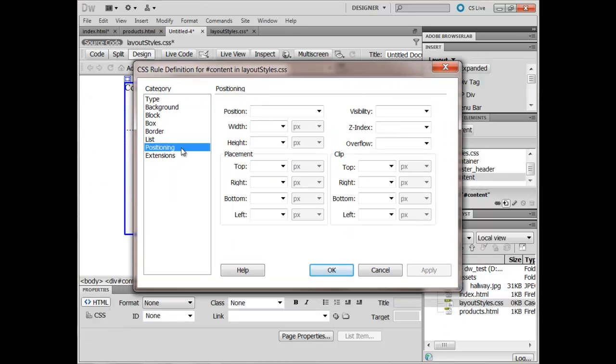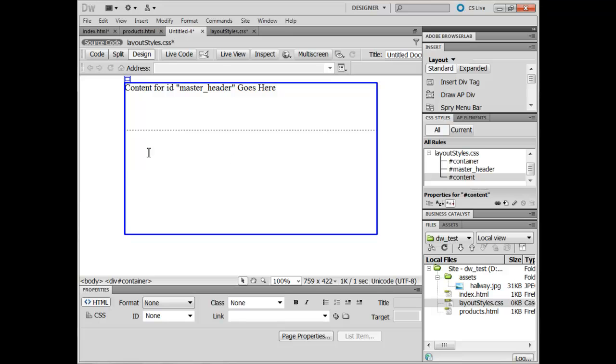Click on positioning. I want my width to be auto. And my height to also be auto. Click OK. Click inside of here, insert my div tag,